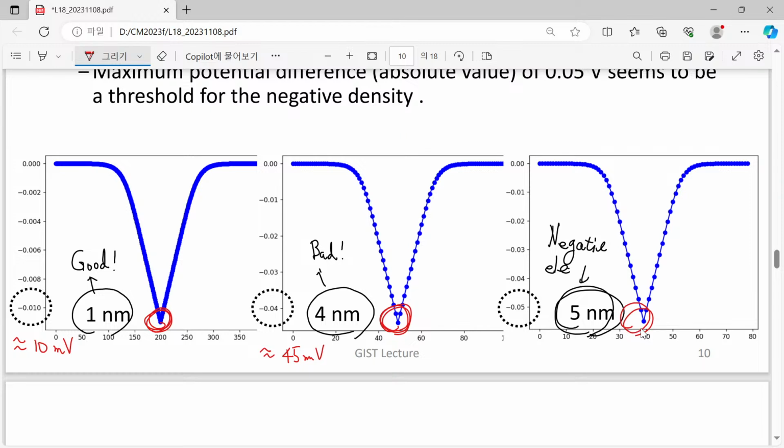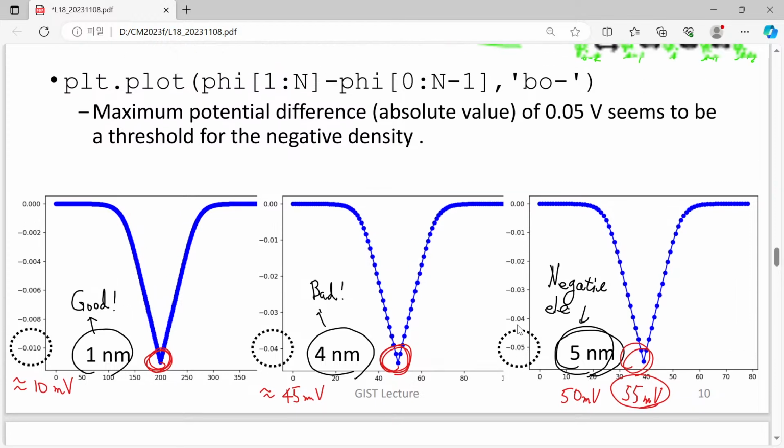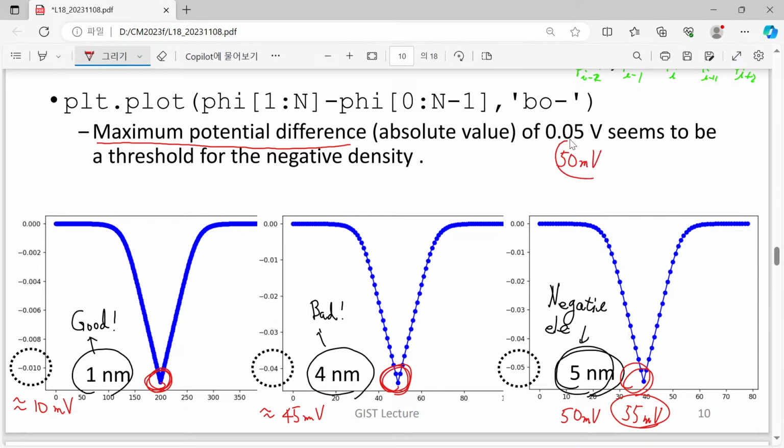And in this obvious failure case, the 5 nanometer case, its value is somewhat larger than 50 millivolt. It seems to be about 55 millivolt. So let me just come back. Let me just write this one. Read this one. Maximum potential difference of about 50 millivolt shown here